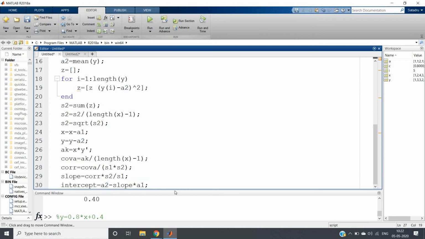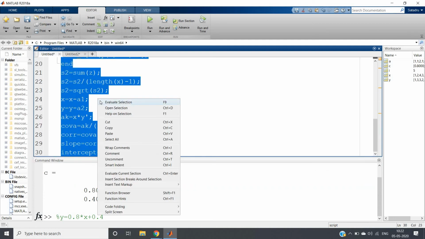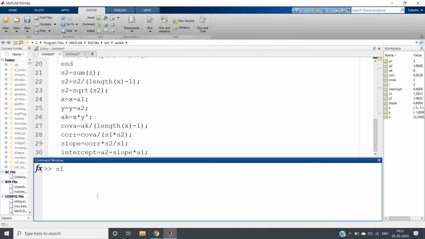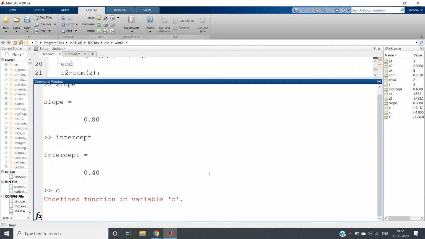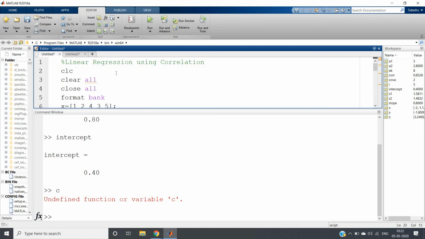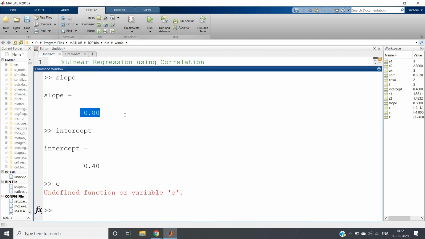Now what we can do, we can simply run this particular code. Okay, so if I run now, if I write slope, what will we be getting? 0.8. If I write intercept, I'll be getting 0.4. Okay, what were our c values? Remember, 0.8 and 0.4 only, right? See, I think c values are gone because I have applied clc, clear all, close all. So as a result, due to clear all, c is now omitted. But anyway, we have seen that c value we are taking first slope and then intercept, because we are using the y equal to alpha x plus beta format.